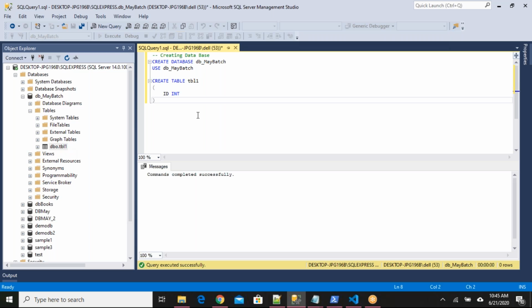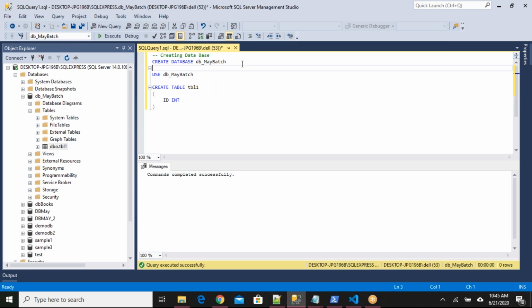The point to remember here is that when you are executing any queries against any database, make sure you are in the context of that database. How to make sure? Just go and see which database is selected here. Based on this, your queries will be executed against that database.